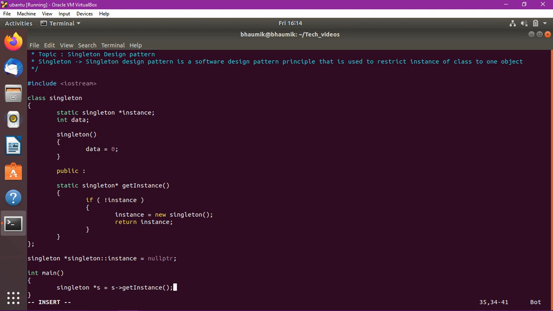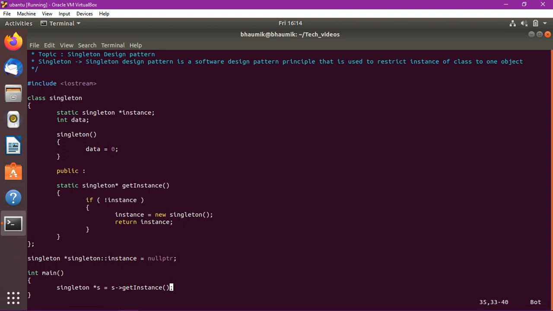Now what we are doing here is we are making a static function in which we give the dynamic memory to an instance pointer only if the instance pointer is null. See here, if it is not null, we will not allocate any dynamic memory. So we will restrict to making only one object of this class, or pointer of this class, right?